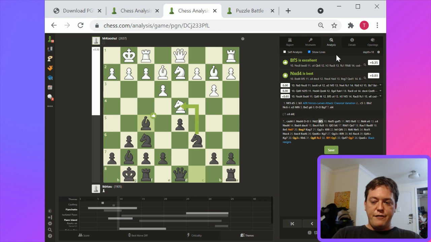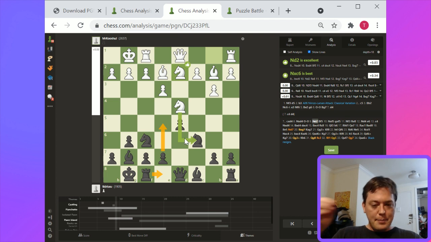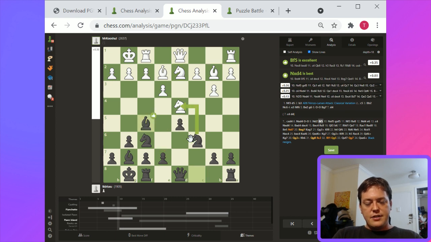Not saying that bishop to f5 is particularly bad, but yeah, rook to e8, right? Rook to e8 with e5 getting threatened. That makes sense, for sure. But yeah, I think bishop to f5 doesn't really create any huge problems, but it does seem to give up one of your bishops for